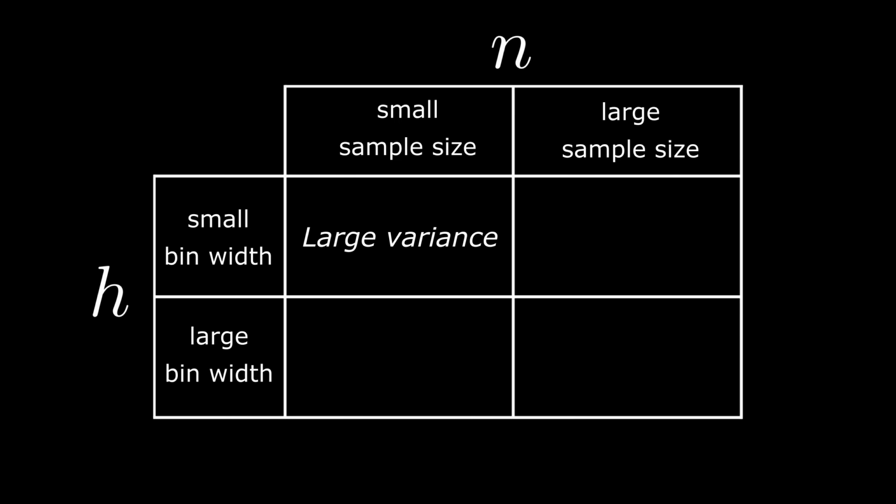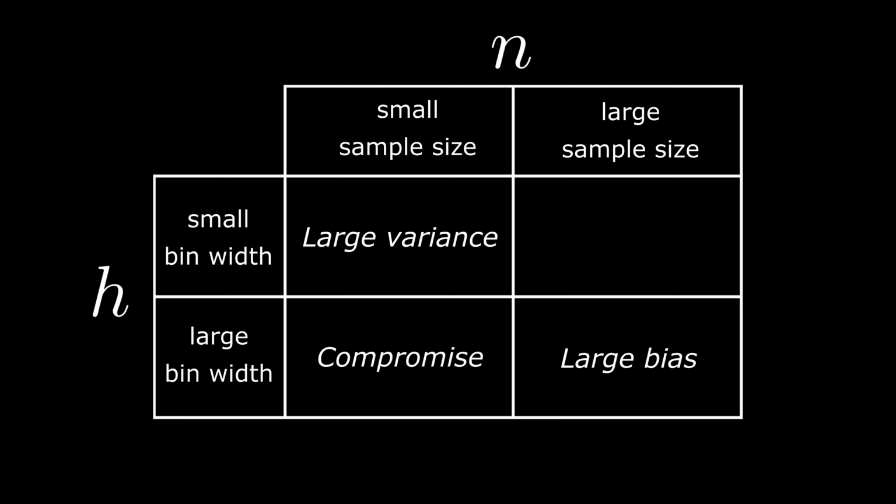Using a small bin width for small sample sizes is undesirable. Many bins will be empty or contain just a single observation. The histogram will be overly sensitive to the exact data sample it describes. If lots of data is available, but a large bin width is chosen, the histogram will not be flexible enough. This results in a biased histogram that misses the important details in a given data sample.